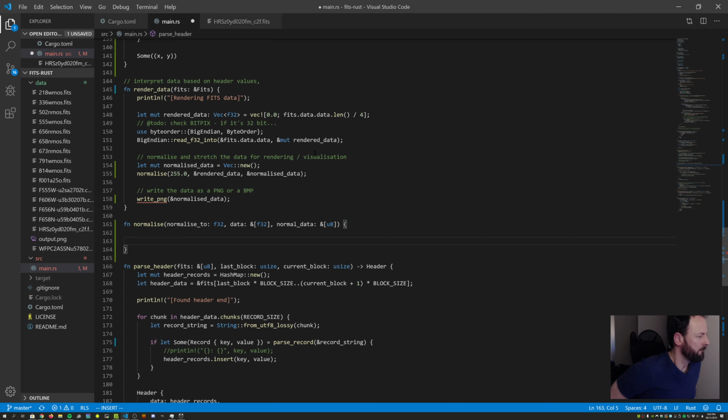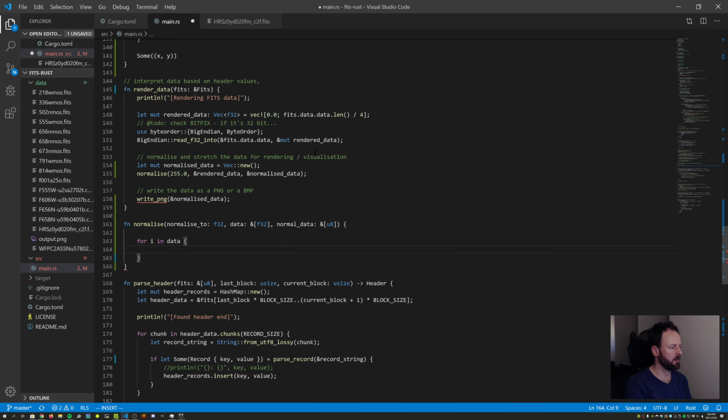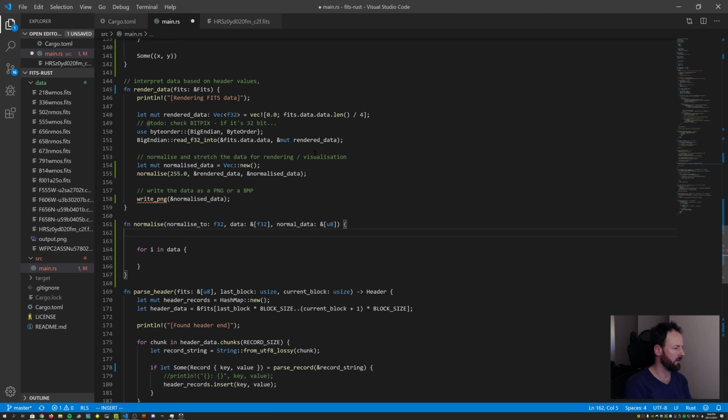And so basically what we're going to do is loop through the rendered data, and we're going to take all of the data. Well, actually, firstly we need to know what the biggest value is in that data block, right? So we'll say let high equal